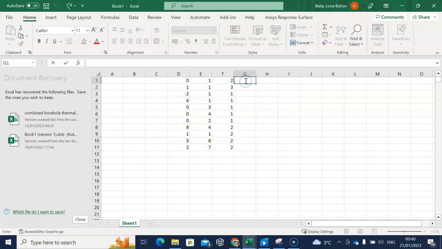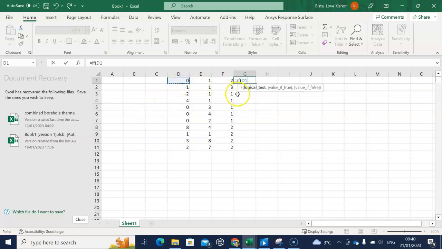What we can do is use the IF command. So equal to IF, and in the first place here will be the logical test, what logic we want to use. For example, we say if x is